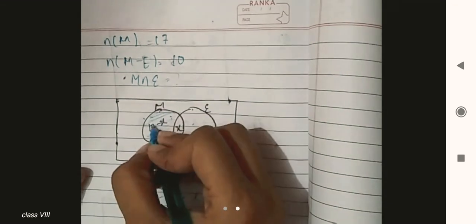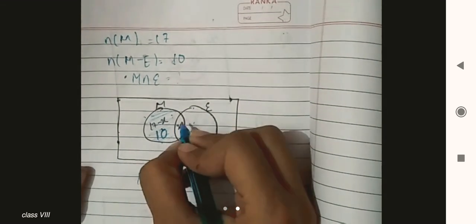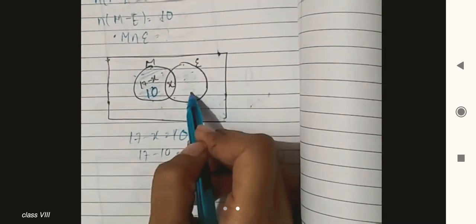So that's why they have written here, that's why they told you 10. See, the thing is correct now. 10, x is 7. Now next, what are they asking? 35 students are there. The number of students who have taken both mathematics and economics will be 7. Number of students who have taken only economics, that means this part. So total number of students, how many are there? 35. So you can use the formula here.